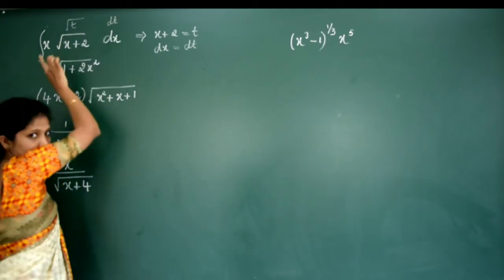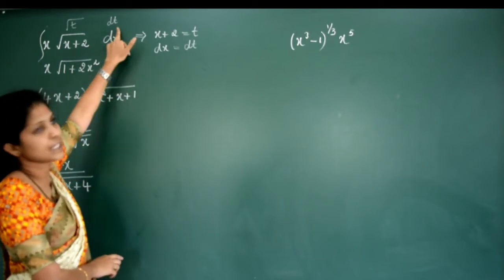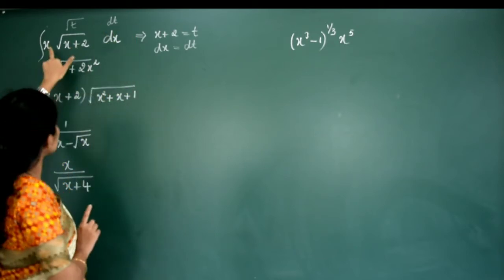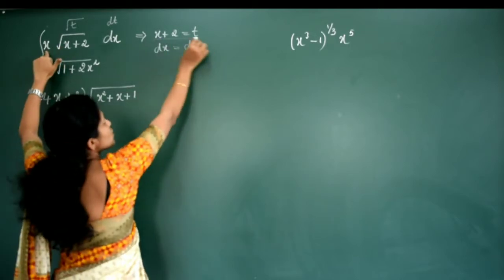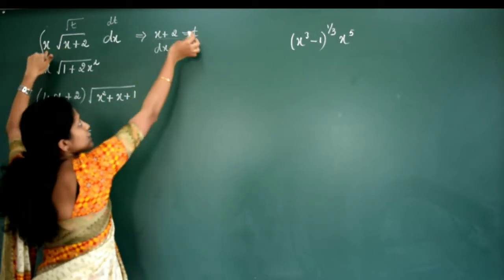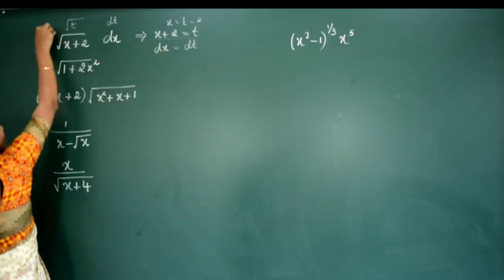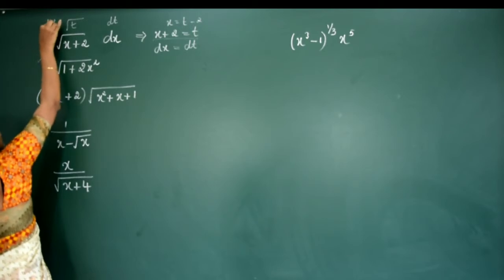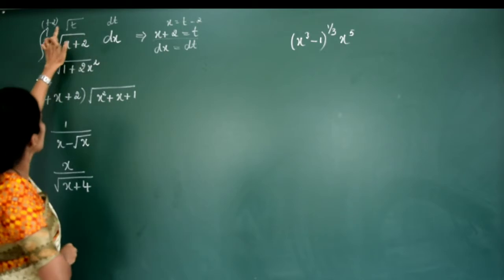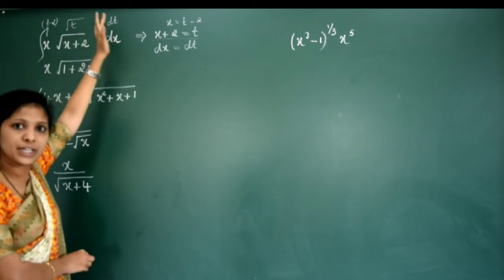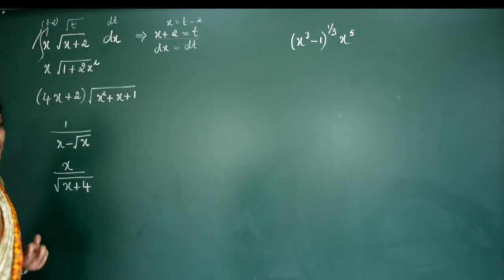Now what about this x? Can we integrate now? Everything should be in the t form, right? Because we are integrating with respect to t. So for x what can we write? We have solved a similar problem. x plus 2 is equal to t, so the value of x will be equal to t minus 2. Is it clear? Then what you have to do? Multiply t minus 2 into root t dt, then separate that, then you have to integrate. I hope you understood this problem. Okay, this is one.